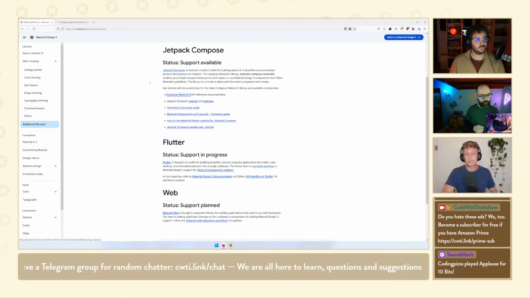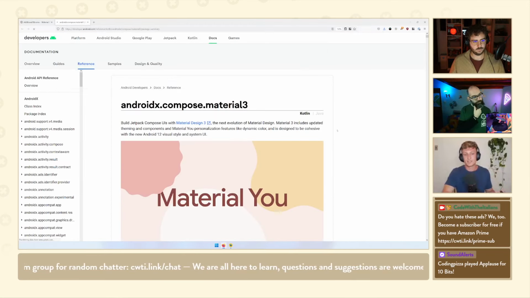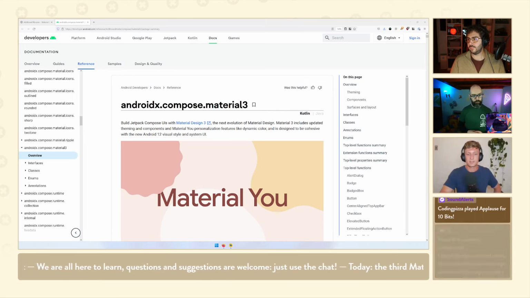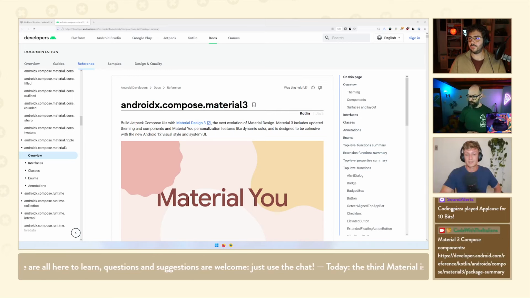But with Compose, what they decided to do was to publish a separate androidx.compose.material3 artifact. There are pros and cons to both, I believe, especially when it comes to the migration side of things or adoption in your app. But that is the reality of it, and perhaps we can go into some of the history as to why that was chosen.